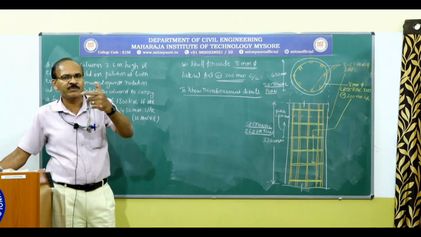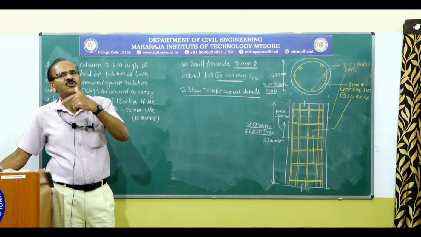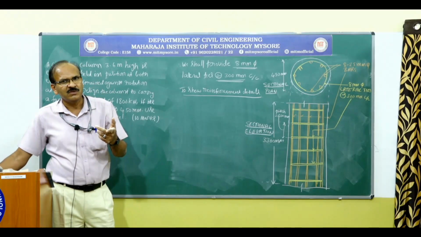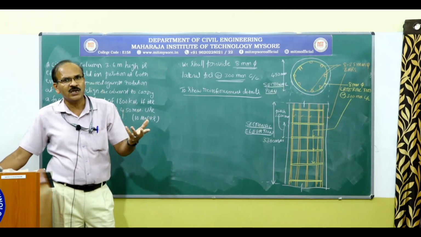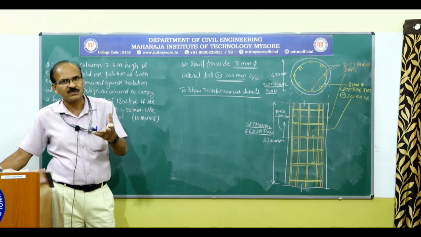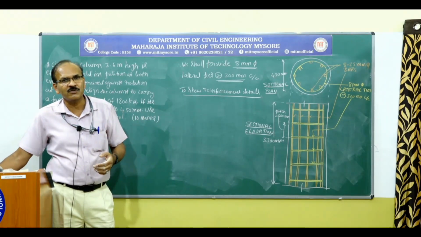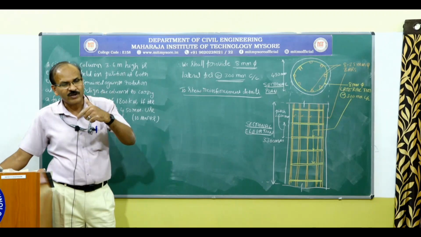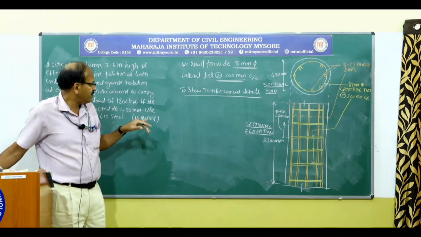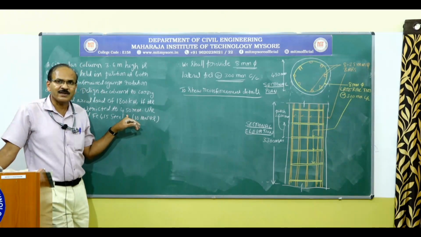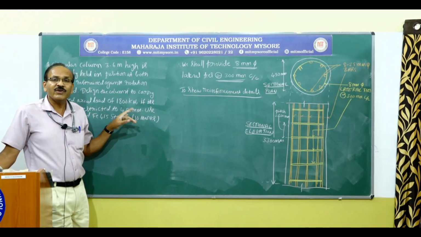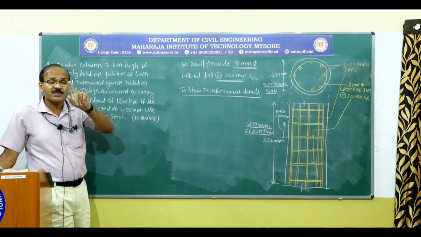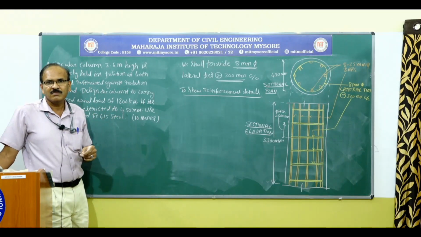So in the previous problem, if you remember, you did not know the diameter of the column. Okay. So we had to assume 2% of the steel. Before that, we had to assume the column was short and E minimum was less than or equal to 0.05 D. Then we had to make use of the formula. Here, because we know the diameter, because that is the value restricted, then we can go ahead and check whether the column is long or short.